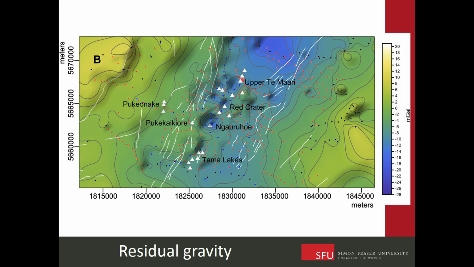Then if we zoom in here and remove a regional field, we can see much more structure from the volcanic areas. And the main vents are these white triangles, and we see a lot of gravity lows associated with these. A couple of them have highs associated with them, but mostly we've got this kind of low trough within these highs either side. So this is our basement outcropping on either side, and over here and over here. And then between these two fault zones, we've got most of the volcanics outlined between.